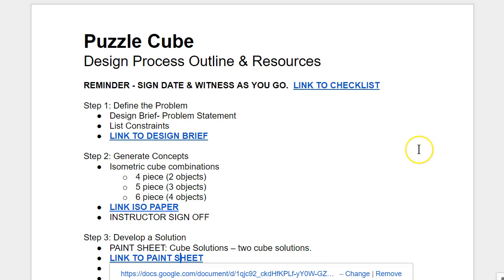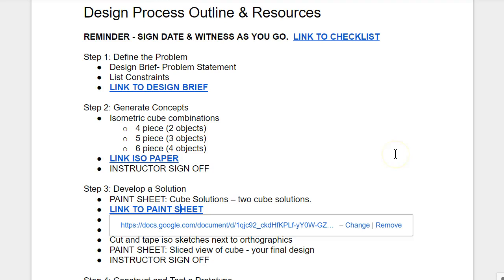So the first part of this, you're going to generate some concepts by designing 4-piece parts. I want 2 of those, 5-piece parts, 3 of those, and 6-piece parts, 4 of those. You'll be doing these as isometric sketches. So we'll use the little sticks of 6, build the parts, draw them out, and then when you get all of those done and put into your notebook, then I'll sign that off and you can move on to the next part, which is going to be